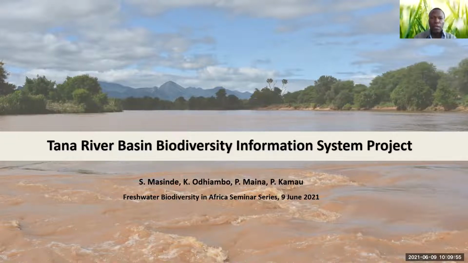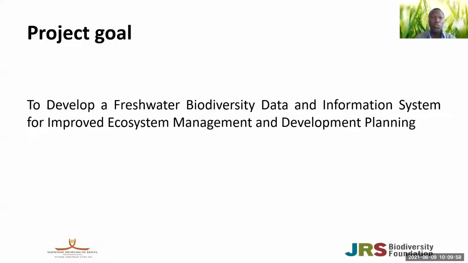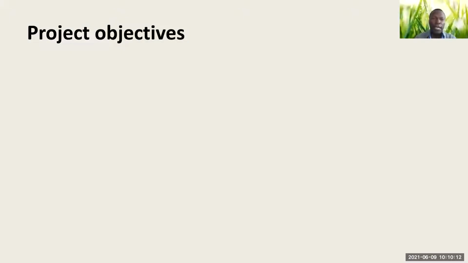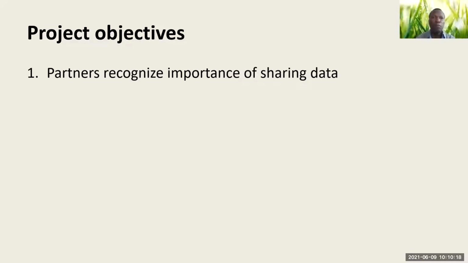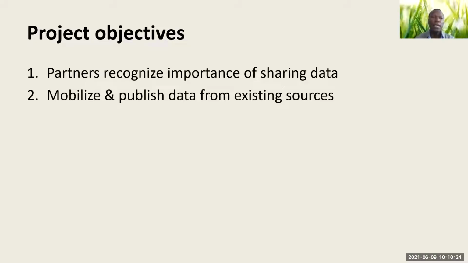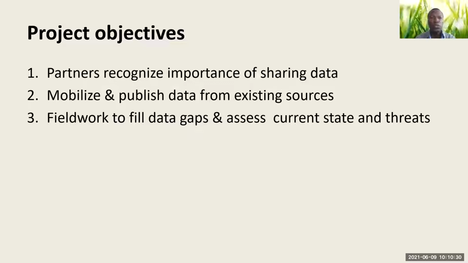So this is a project whose goal is to develop a freshwater biodiversity data and information system for improved ecosystem management and development planning. And we have a number of objectives. The first objective was for partners to recognize the importance of sharing data. The second is to mobilize and publish data from existing sources. And the third was to do some field work, although very limited, to assess the current state of biodiversity, and